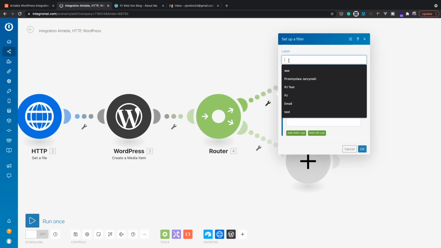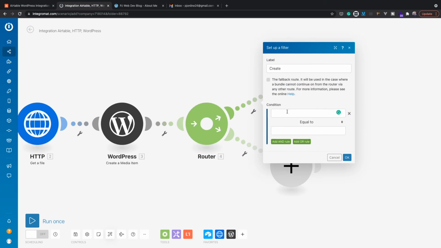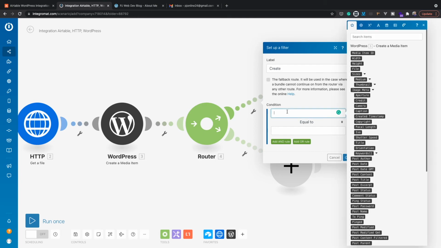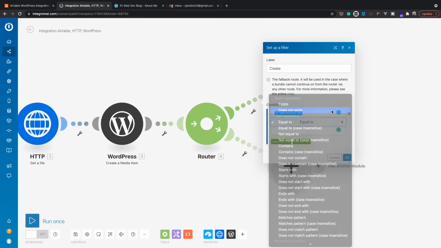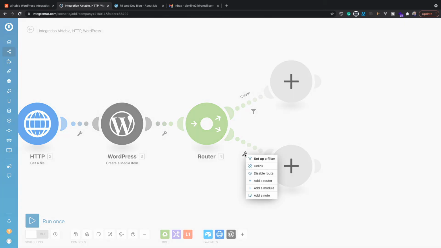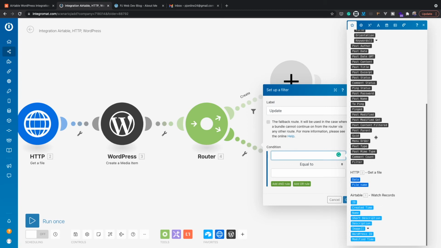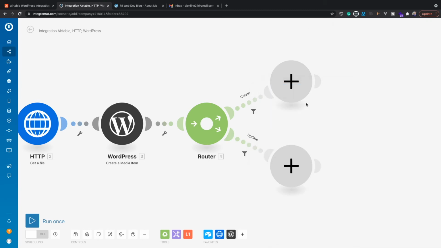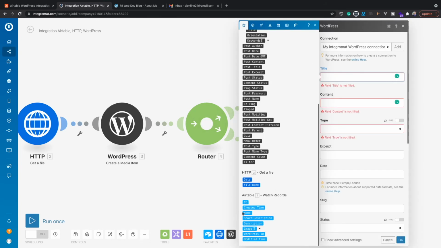So let's say this is going to be our create flow, and the condition for this filter is going to be that our WordPress ID does not exist. And the second flow will be update, and the condition will be that our WordPress ID exists. So if our WordPress ID doesn't exist in the table, we will create a WordPress post,